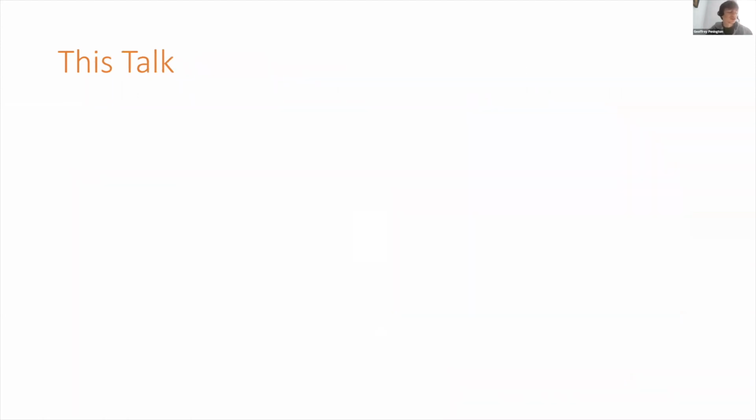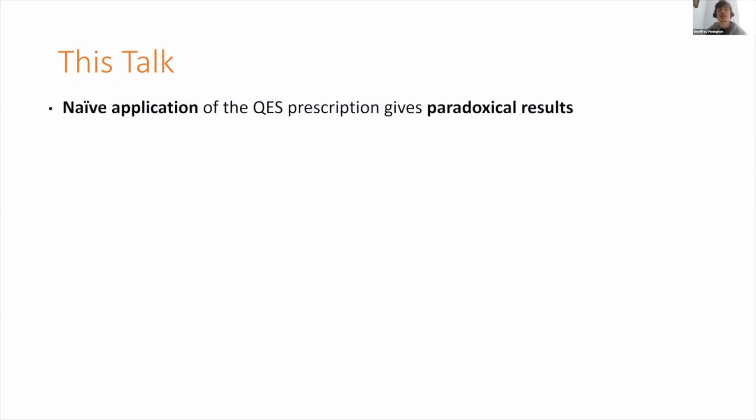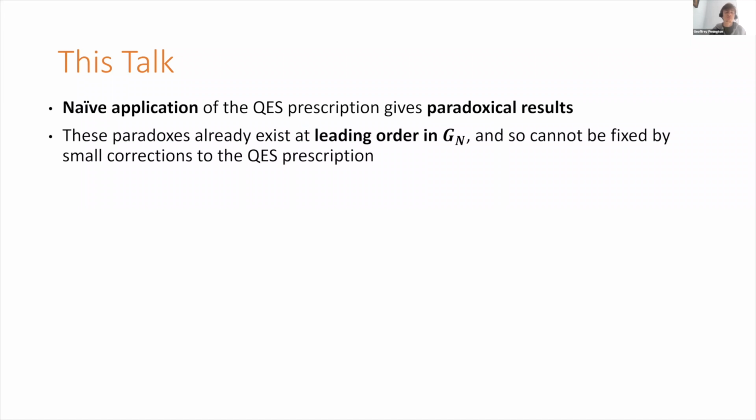But that's all just preliminaries, because what I'm going to be talking about in this talk is the fact that if you naively apply the quantum extremal surface prescription to any state you get given without thinking at all about what you're doing, then you get paradoxical results. It doesn't make sense. In fact, these paradoxes already exist at order 1 over Newton's constant, G Newton. So they're leading order effects. You can't just imagine that the QES prescription is basically right, but there are tiny corrections that have to fix it. So this is really a big thing that needs to change.